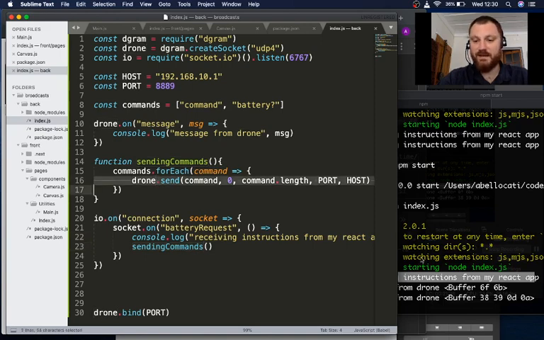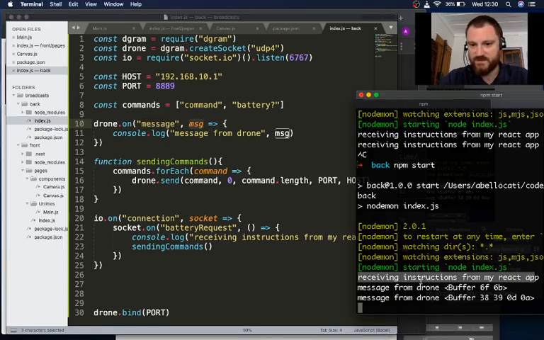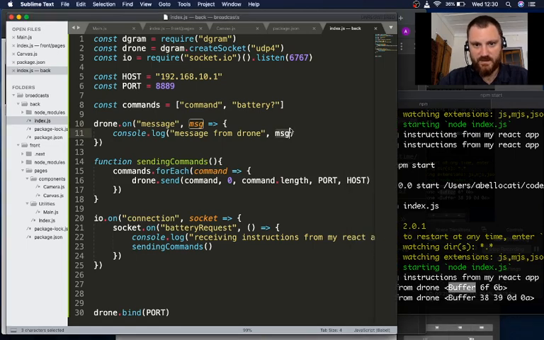And then it appears that with my UDP4 socket, I received that message event, and I received something because I console log message from drone, and I get the message, which is a buffer. A buffer is a type of data. So if I simply convert it to string